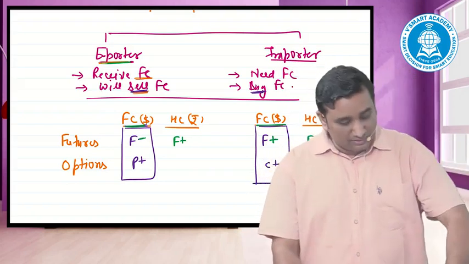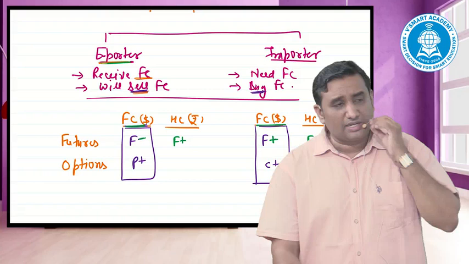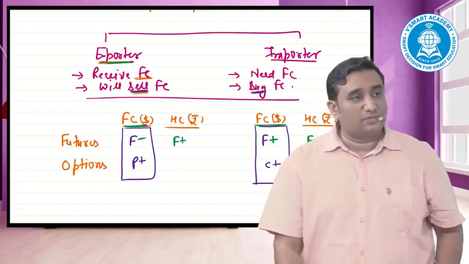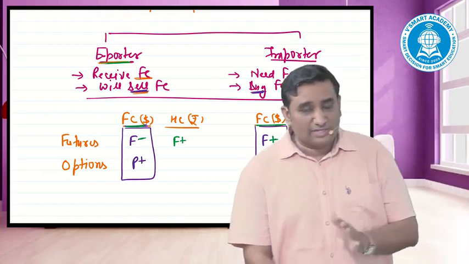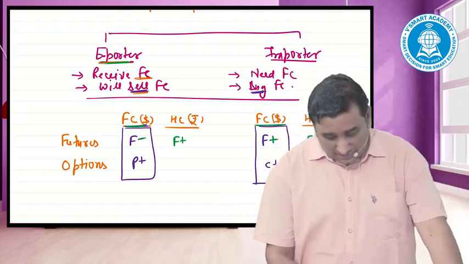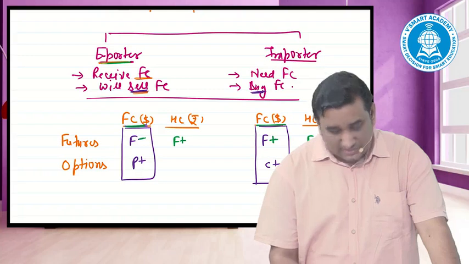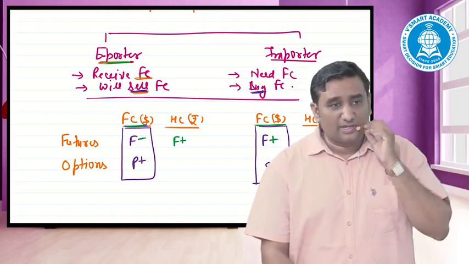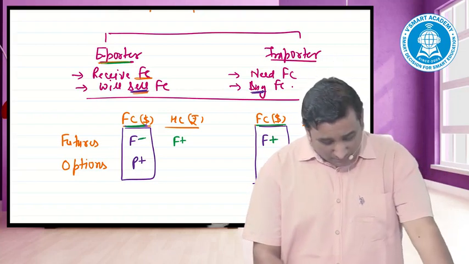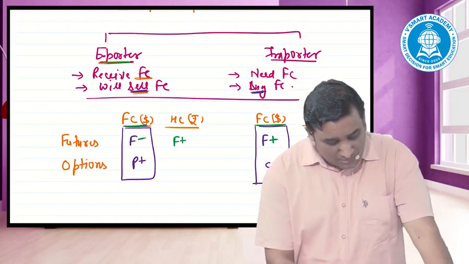Second part, what I'm doing is not the basic rule. It's basically selling of one currency automatically becomes buying of the second currency. Buying of one currency automatically becomes selling of the second currency. I have to carefully look at the contracts, which are given in which type of currency, and then I can make my answer accordingly. In the case of option, it's a put option of a foreign currency.